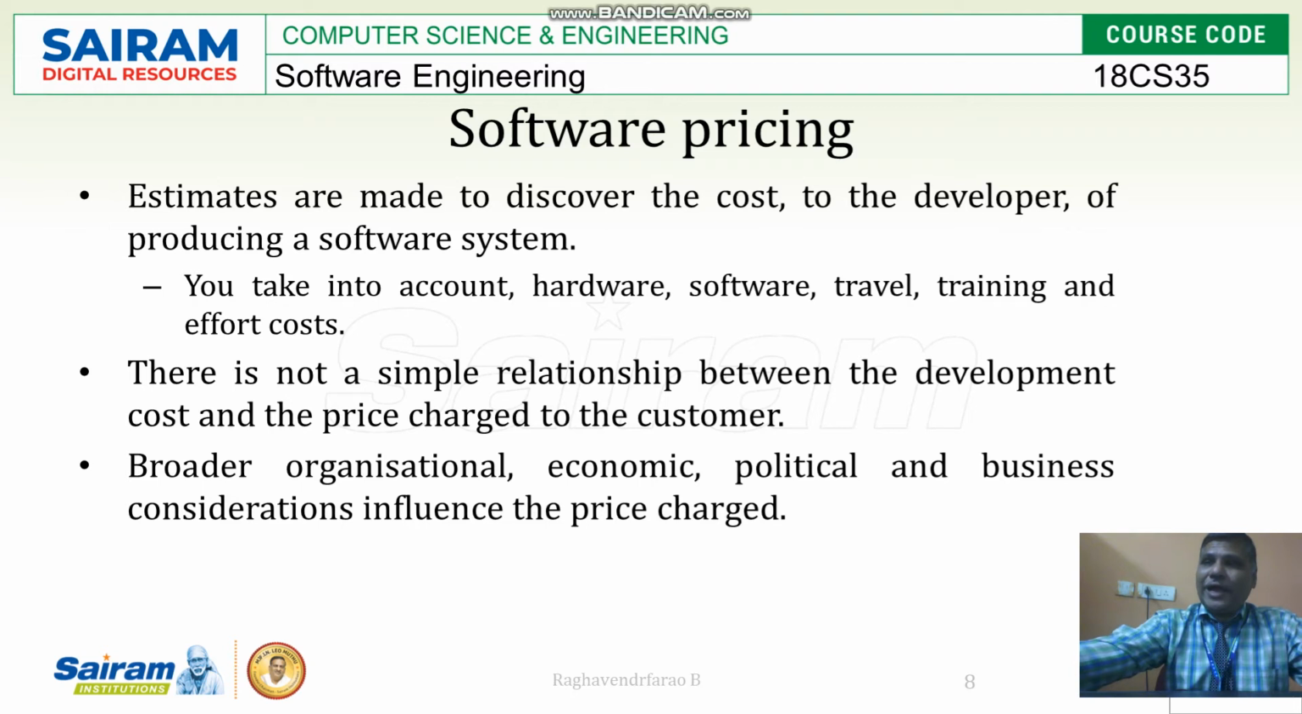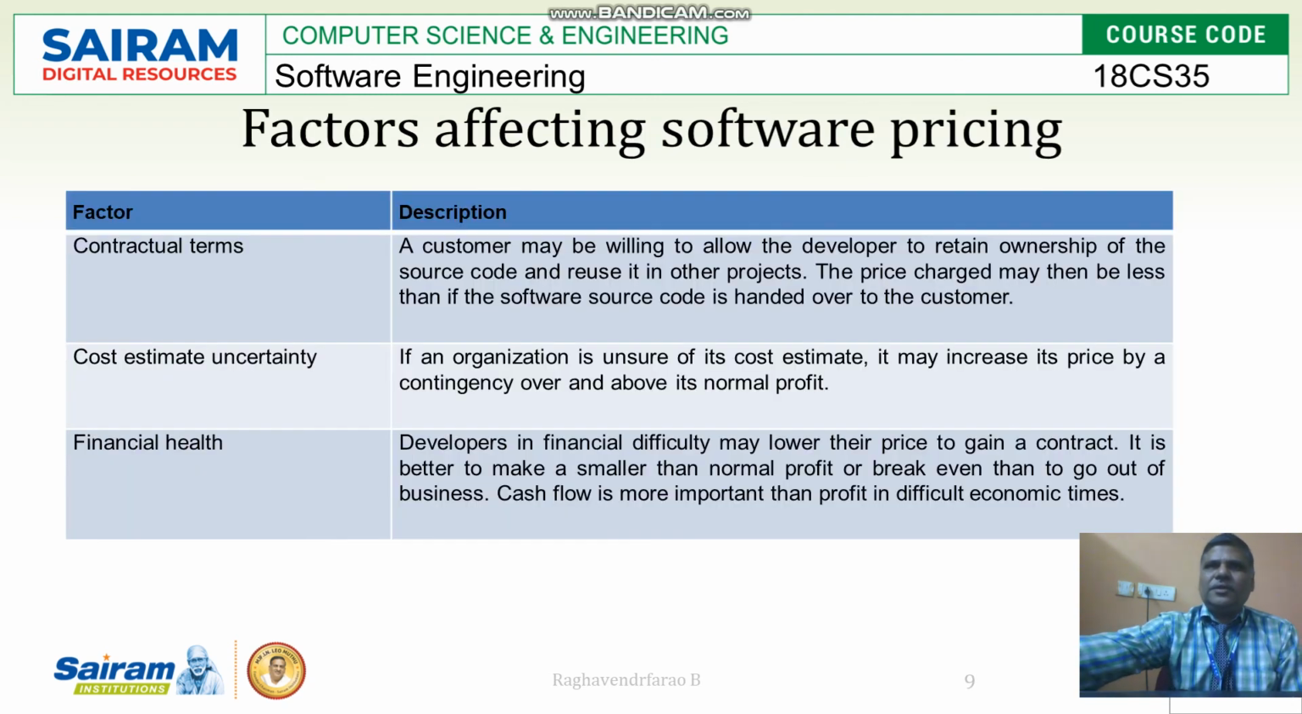Then apart from this, organizations have political and business considerations that influence the price charged. So even when we say simple things, it is not so simple. If you are not going to add these costs, that is political influences and business considerations, and you price neck to neck, then we will be at a loss. All these are unforeseen things, and they have to be added to the software price. What are the factors that affect the